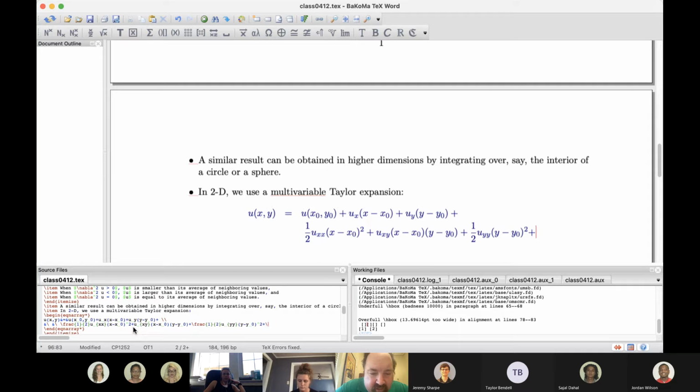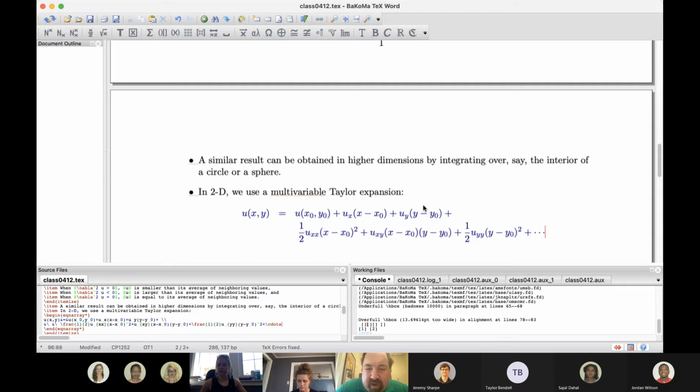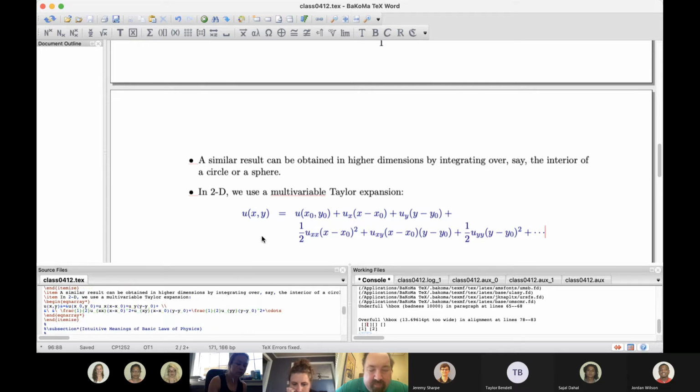squared, and so on. The reason why only these terms have a 1/2 is that we really have 4 second partial derivatives: uxx, uxy, uyx, uyy. Uxy and uyx are equal under assumptions of continuity on the second partial derivatives. So those terms combine into this one. Okay. So now I have my multivariable Taylor expansion, and then what I want to do is